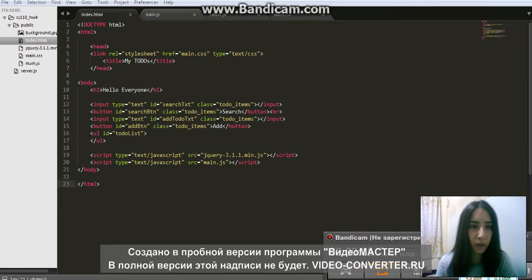its title, My TODOs, and also we have created a body and a heading in it. We need to give an input type and ID to our search text and a button ID in order to get the proper one, and also we need to give an input type to our text and an ID to the add TODO text and button ID